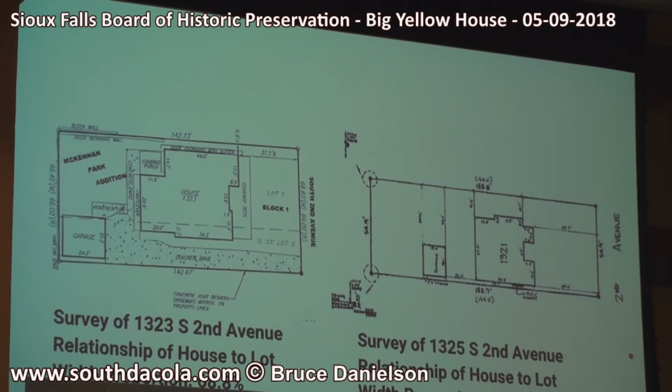So the relationship of the home to the lot, the percentage of the home's width to the width of the lot on 1323 South 2nd Avenue is 68.8%, as compared to the survey of 1325 South 2nd, which is 70.1%. So they're very similar percentages as far as the width of the